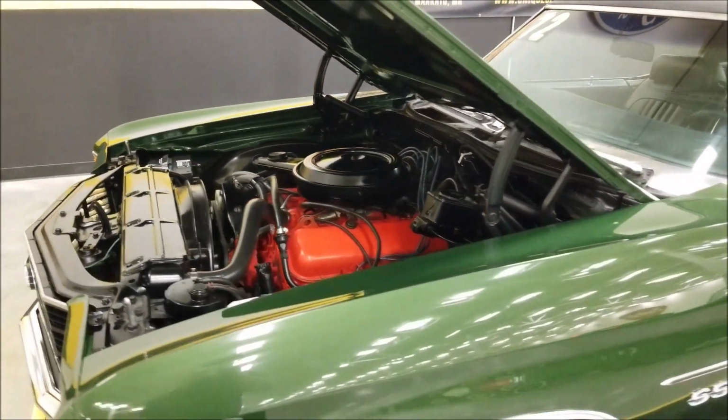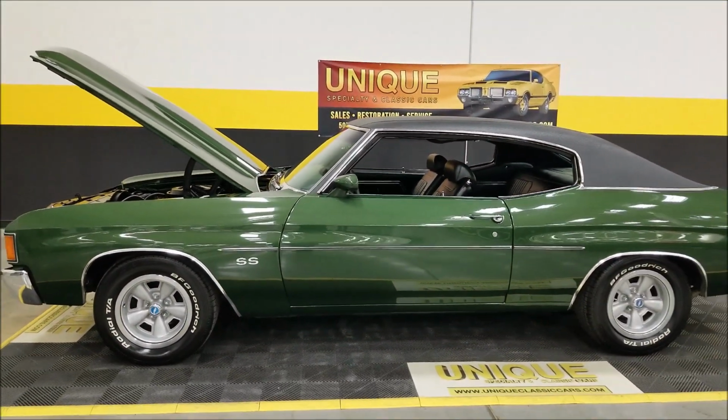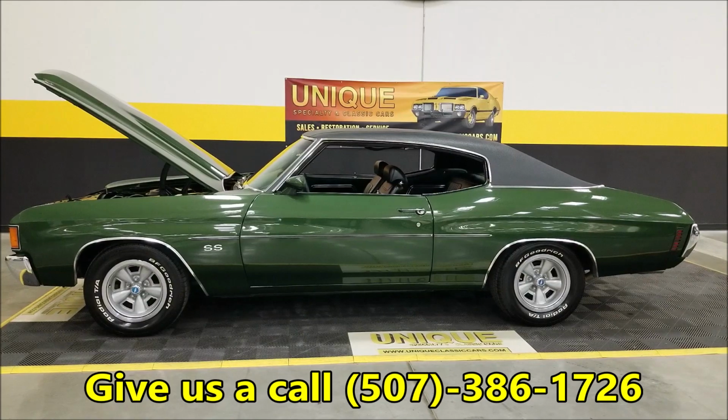So there you go, very original documented car. Numbers matching engine, 1972, true Chevelle SS. Original color, give us a call,